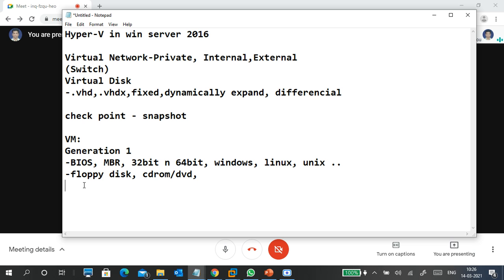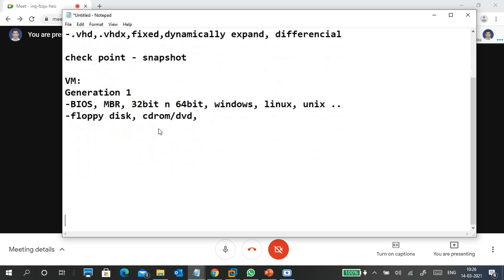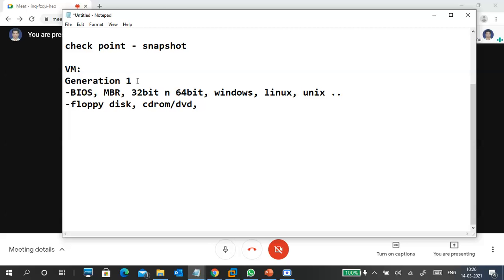When you create a virtual machine, it shows generation one. Generation one supports BIOS type of operating systems, and the MBR type of hard disk. Virtual disk only anyway. Next, it supports 32-bit OS and 64-bit OS, Windows, Linux and Unix operating systems and so on.